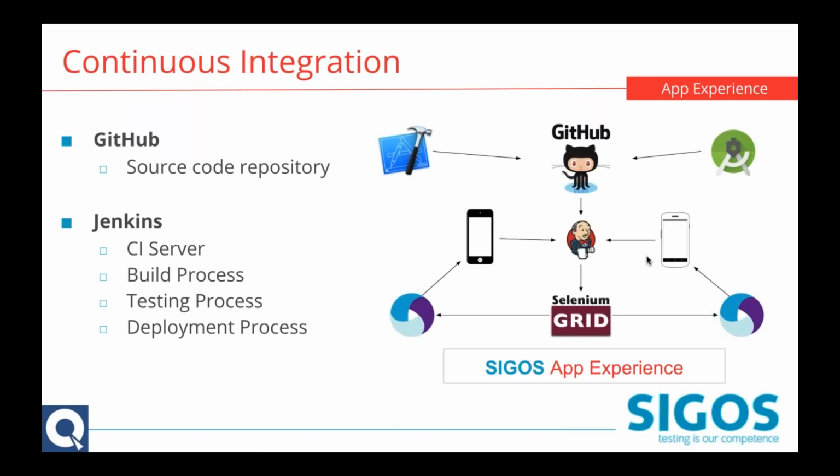When we're testing on SIGOS App Experience and deploying this framework to SIGOS App Experience devices, when projects are checked in, Jenkins then reaches the SIGOS App Experience server, which is responsible for starting the Appium sessions and choosing the devices, executing all of the functions, and then returning results. So again, Jenkins does three things. It's part of the build process, it's part of the testing process, and after all this executes, we can then deploy it into a production environment or test environment for further testing.